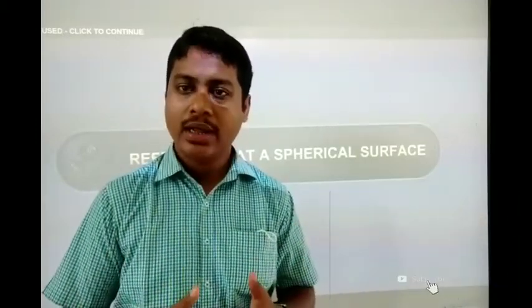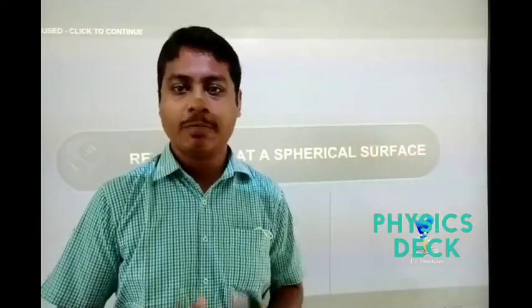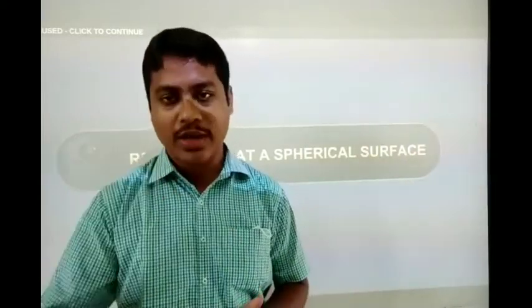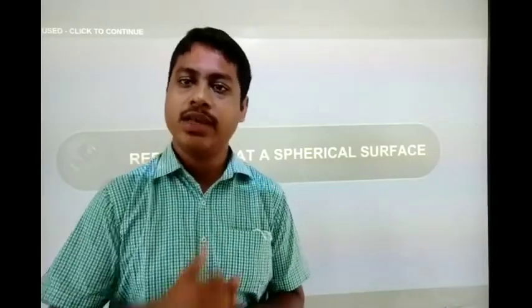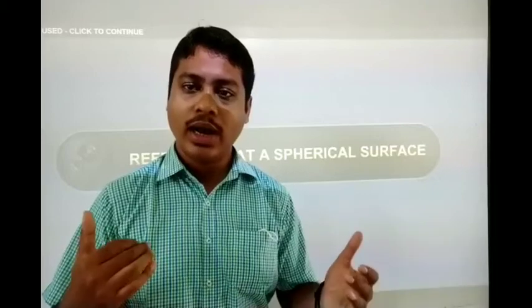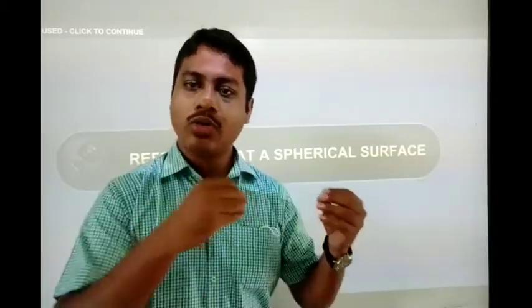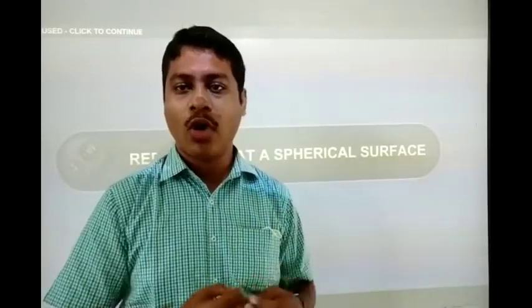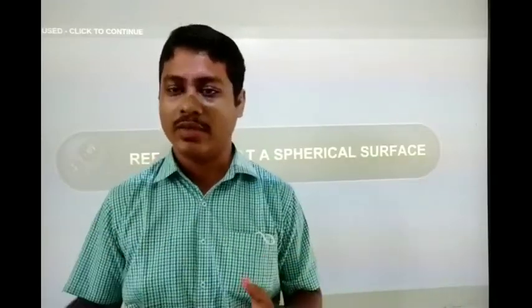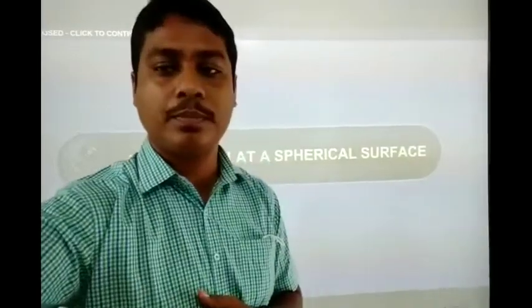So one part, like the lens, we have the concave lens and the convex lens. One part is spherical, and the other surface of the spherical refracting surface is irregular. Mainly it is made up of glass. So let us see how to calculate the different types of formulas related to the spherical refracting surface. We will be going through this video, so let us go through it.